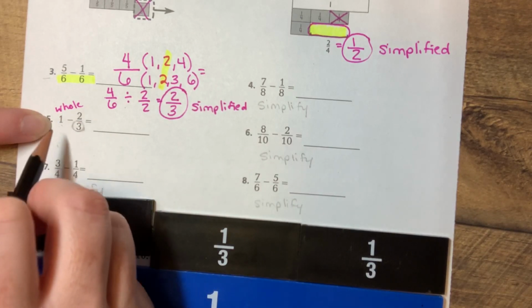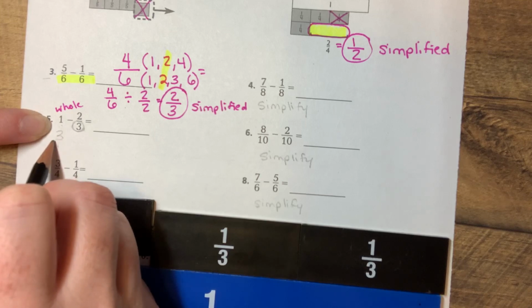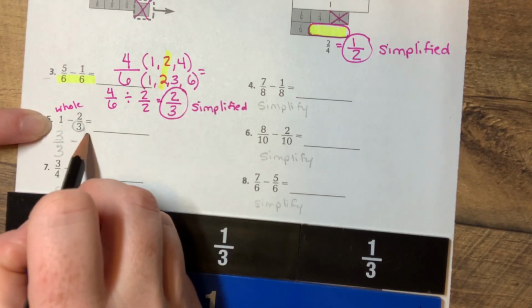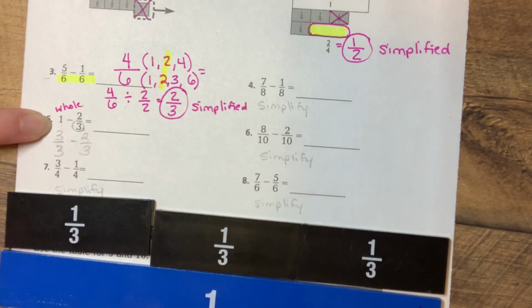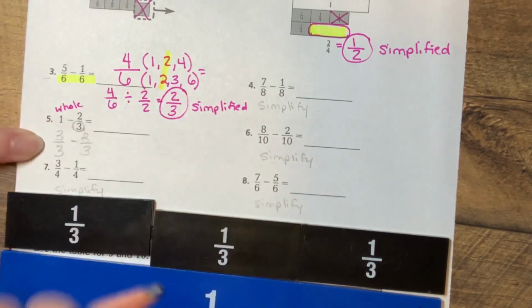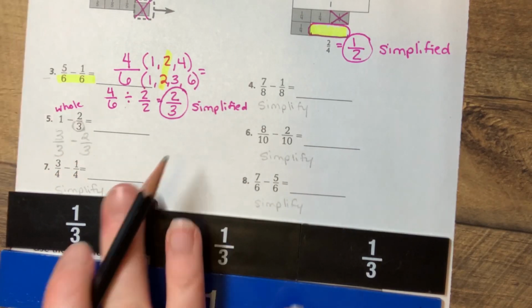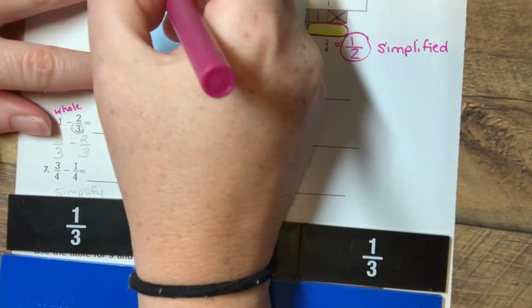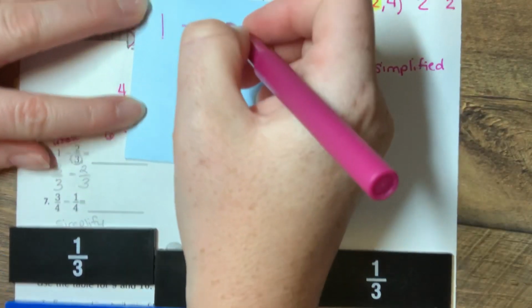That denominator is 3, so 1 whole would be 3/3. And then subtract 2/3 from it, because you need to have the same denominator. And 1 whole, 3/3 is the same thing as 1 whole. Now, I can do another problem, such as 1 whole minus